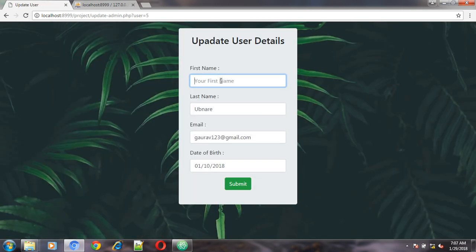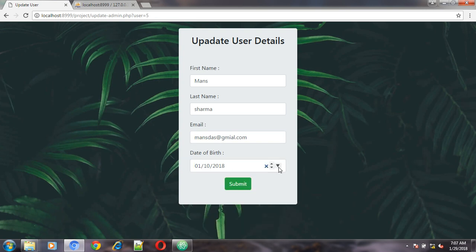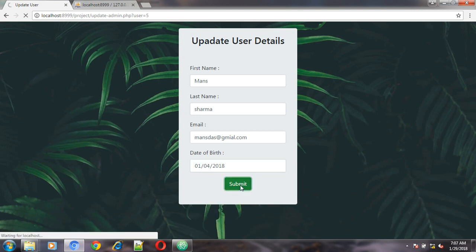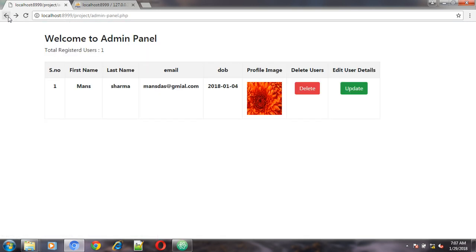Okay, now I'll change the name and something email. The date of birth also I'll change this. Okay, now I'll click on submit. User details updated successfully. Okay, now here you can see the user detail has been updated successfully, means the user